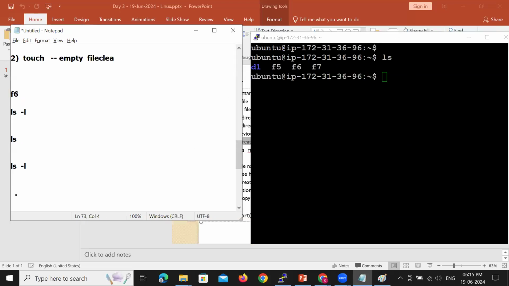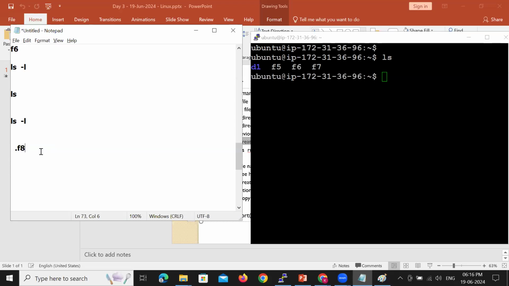I want to create a file with the name .f8. We have F7, but I want to create a file whose name starts with a dot. What happens when a file name starts with a dot is what you have to understand.